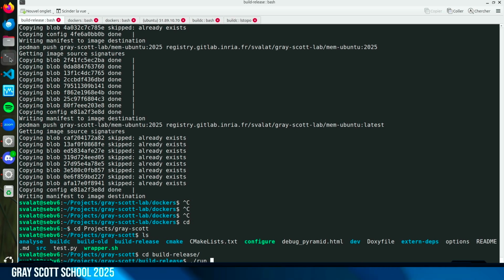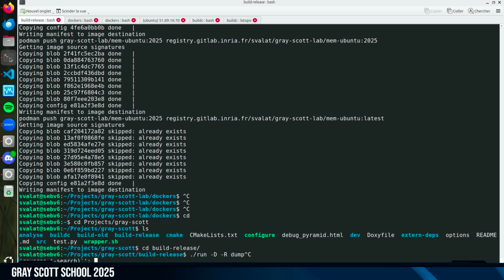So if you want to get the animation, you can get it, and there is an HTML file inside. I just need to run dump with small pyramid. I will try OpenMP.